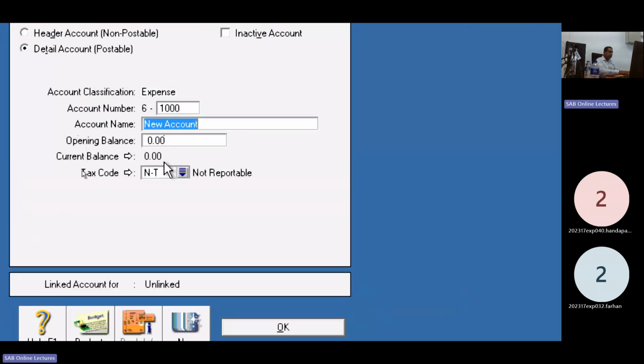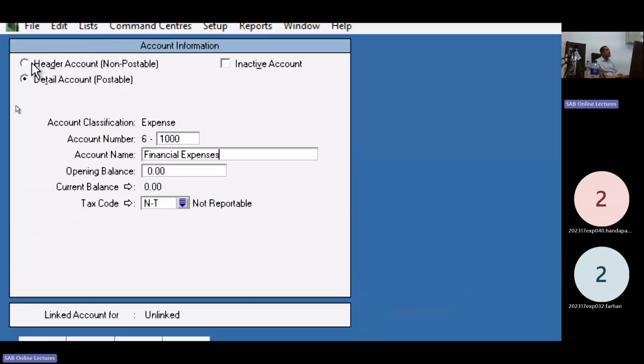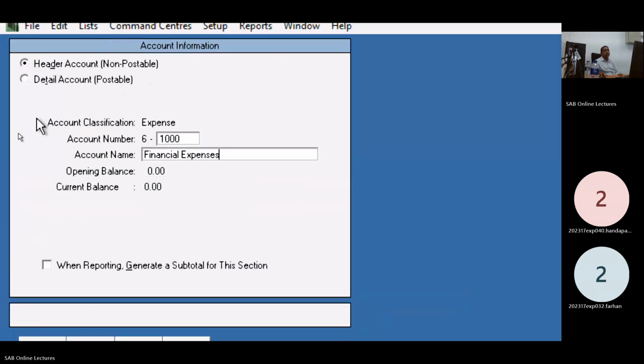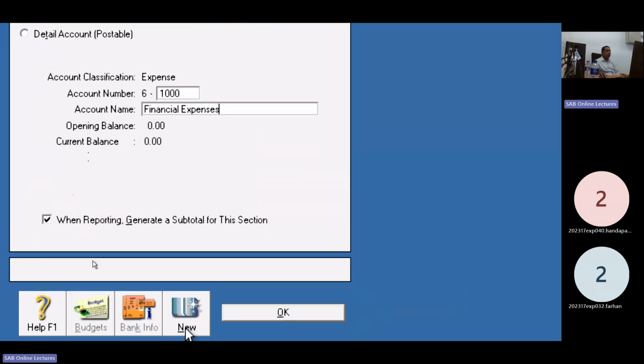Financial expenses. Header account. Get the subtotal. Subtotal. Okay.